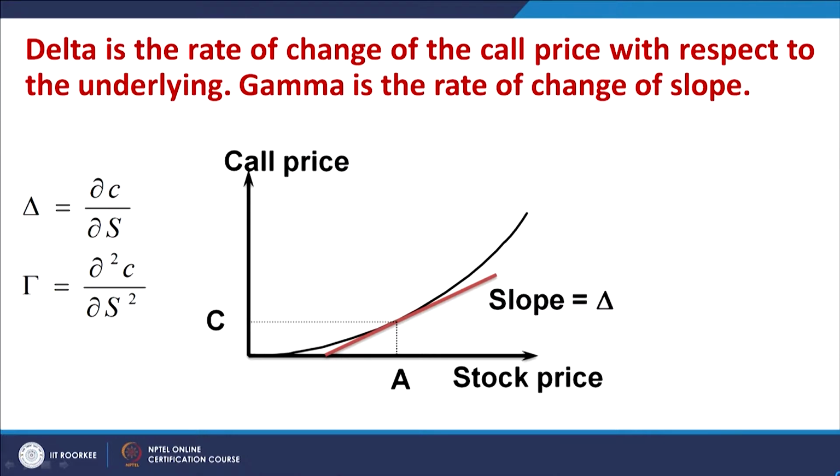As you can see from this diagram, the price of the derivative position, the call option, has a certain curvature, which is very important, and the slope therefore changes from point to point. The slope at a given point gives the value of delta, or the sensitivity at that particular point. In fact, the curvature is captured by the second derivative, which is also a very important option Greek and is given the name gamma. We shall be talking about it.